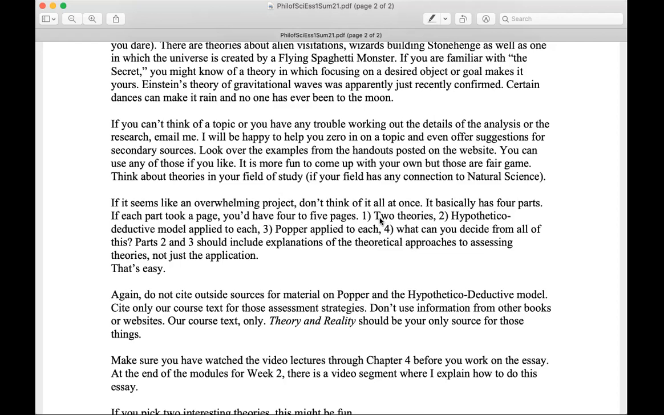Maybe that goes on for a page. 2, tell me what the hypothetical deductive model is and apply it to each of your 2 theories. 3, tell me what Karl Popper's theory of demarcation is and apply it to your 2 theories. And 4, tell me what you think of the whole thing. And you can kind of do those things one step at a time,